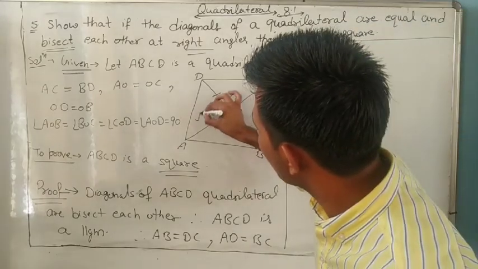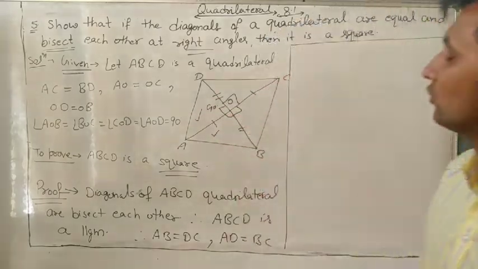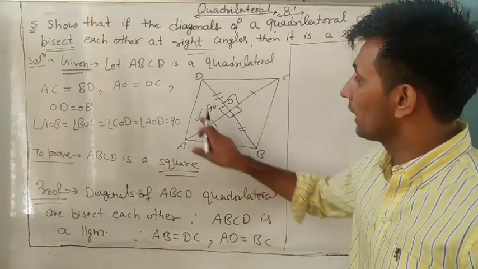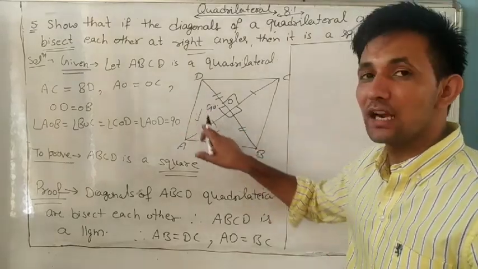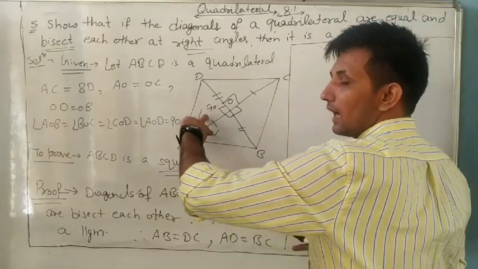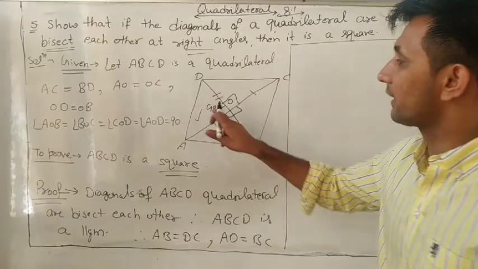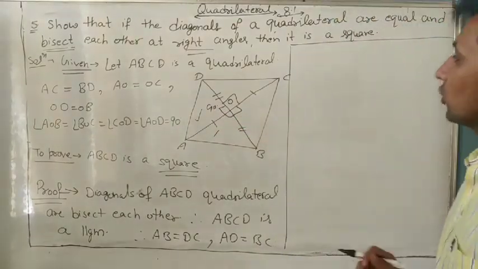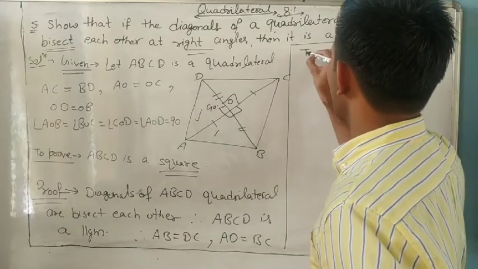If you want to prove that two sides in two different triangles are equal, how will you prove that? It means we will prove that these two triangles are congruent. And if triangles are congruent, corresponding parts are equal. So we will show that. So we will take any two triangles.